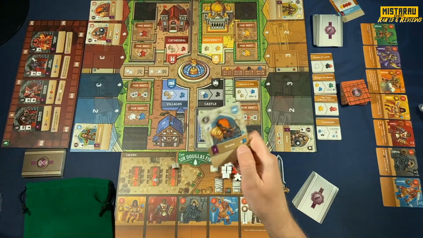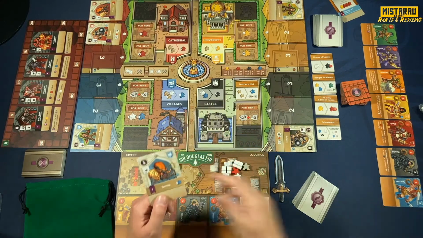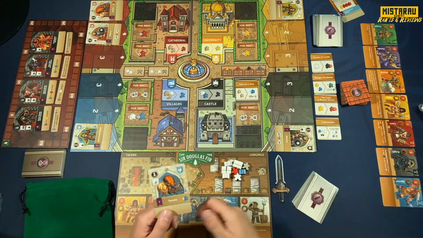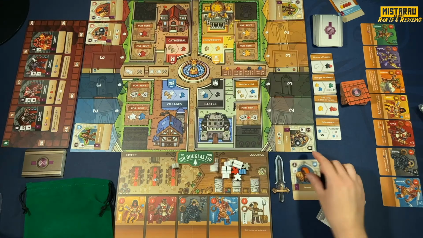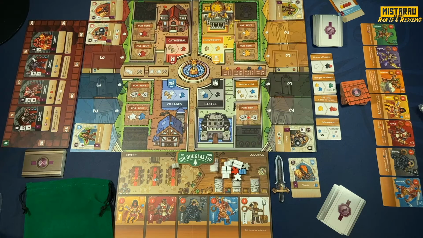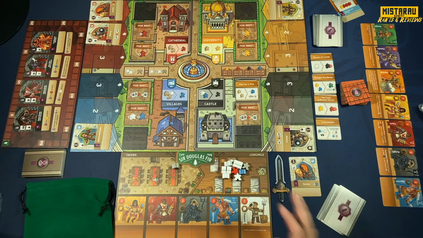And immediately I get a benefit that I get to recruit a blue warrior, and he goes straight into my lodgings. And then I can have just a little defeated pile right off to the side of my board. And then in my draw phase, I've got to make sure that I now draw back up